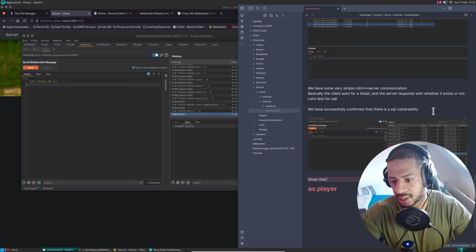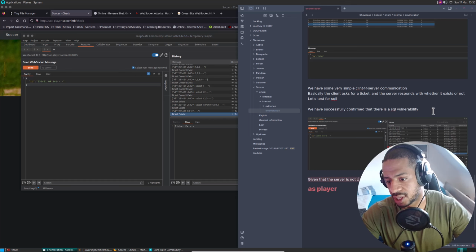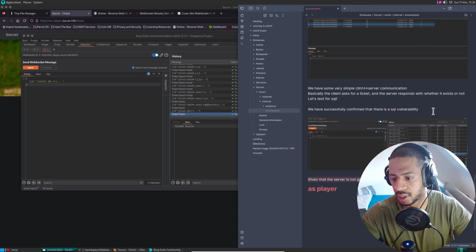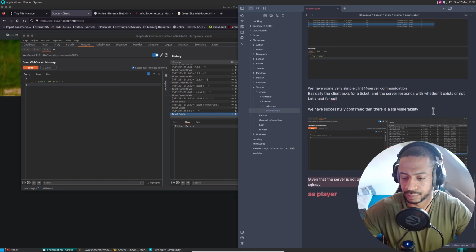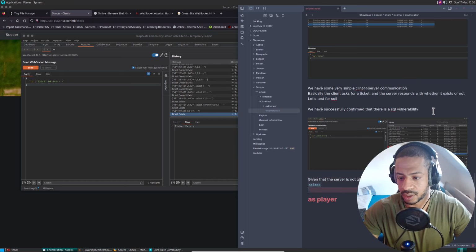Given that the server is not giving us any more output, it's blind SQLi, so we are forced to use SQLmap, like so.